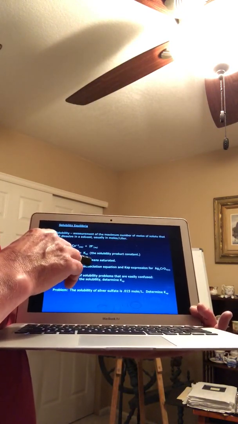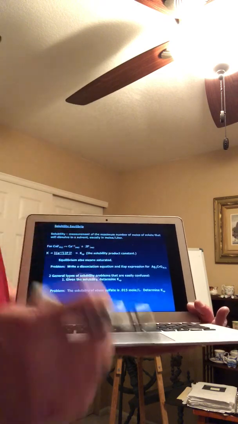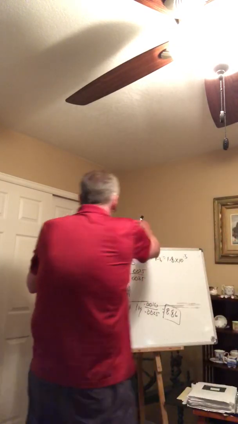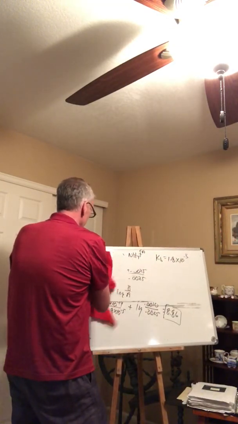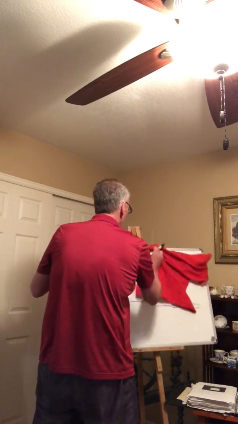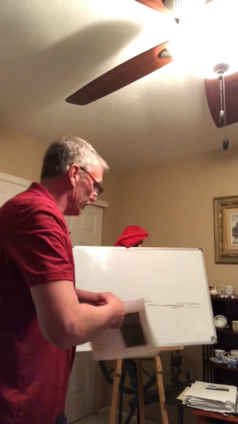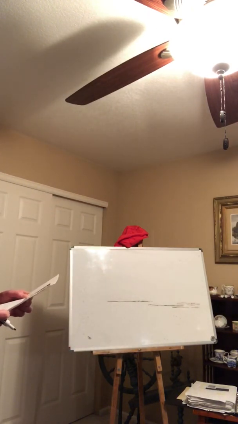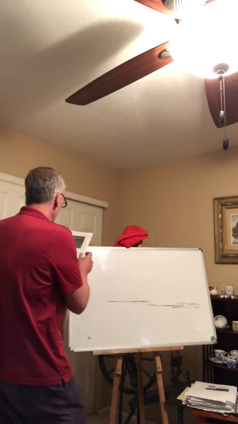Problem: write a dissociation equation and expression for Ag2CrO4. So this kind of goes back to some review that we did back in the fall and even back in first semester or in first year. And Ksp problems are something that we did touch on in first year chem. So at this point this is definitely a little bit of review. It says to write a dissociation equation and the Ksp expression. So before we do any numbers, we're just going to write out what is going on here.